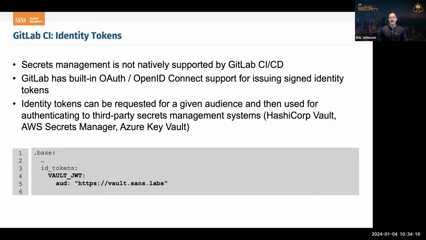And the way that you can actually request that from a given pipeline is by using this ID tokens configuration. In the ID tokens configuration, I specify one to many identity tokens that I'm going to need to authenticate to HashiCorp Vault, or maybe Azure Active Directory, or maybe an AWS or a Google Cloud project. So you could have many of them in there. I'm showing you one, which is just called